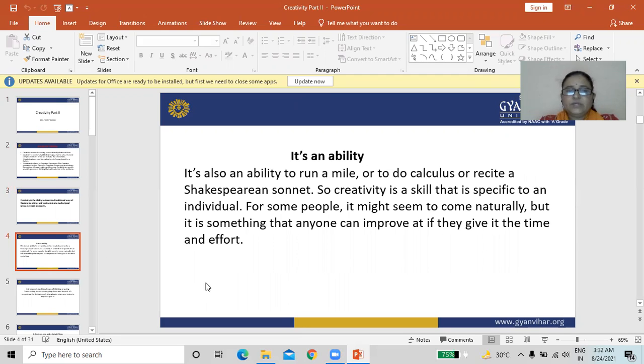Creativity is an ability. It is also an ability to run a mile, or to do calculus, or recite a Shakespearean sonnet. So, creativity is a skill that is specific to an individual.